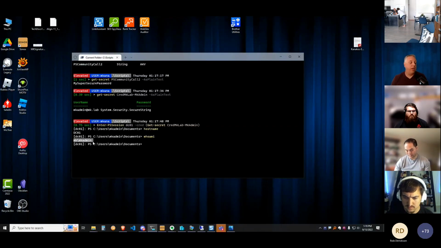So once you get your vault set up and you put a couple of secrets in there, it's very easy to create and recall secrets and pass them to cmdlets, whether they be to your machine, to a machine in the cloud, to a lab you have. It's a super simple thing to do once you get started.